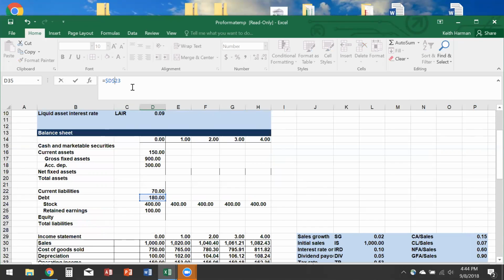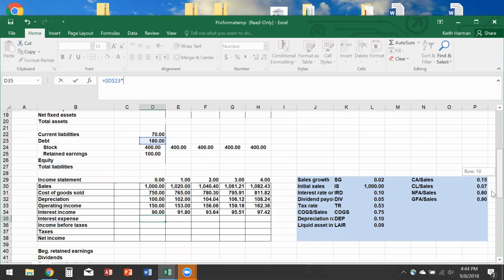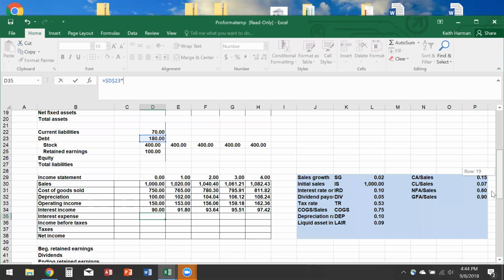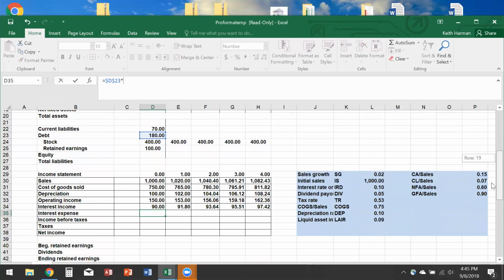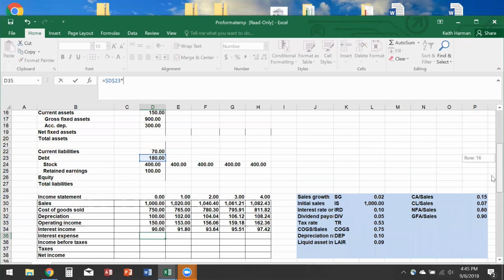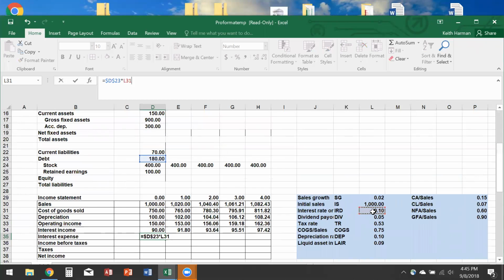And that's going to be times, and we're going to come down here, and our interest rate on the debt, our interest expense, that's the interest rate we're going to pay, is 10%. So that's going to be times L31,